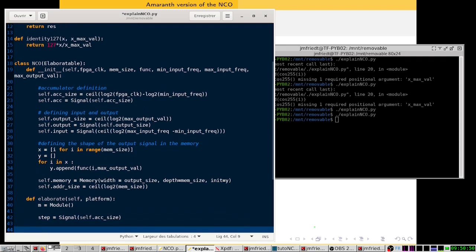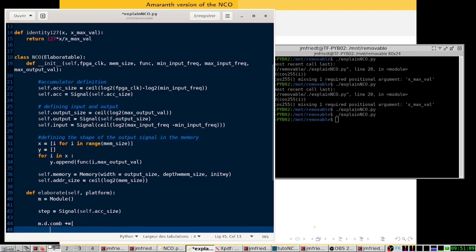Then we can add some rules. So the combinatorial rules are the value of the step and the value of the output. m.domain.combinatorial, and the rules we add are